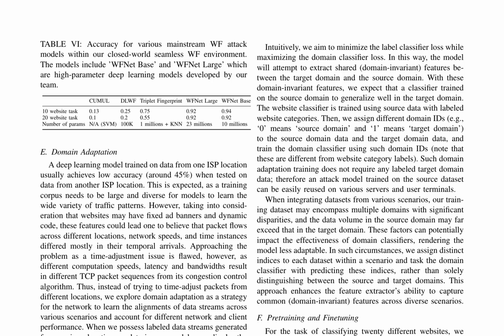The model's performance was evaluated in 3 distinct attack scenarios. A. The attacker has precise knowledge of the victim's environment. B. The attacker knows the range of environments the victim may use. And C. The attacker has no prior knowledge of the environment in which the victim browses. WFNet outperforms existing state-of-the-art models, achieving an average accuracy of 91.4% when the attacker has precise knowledge of the victim's